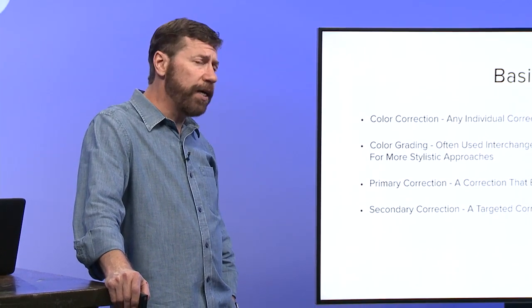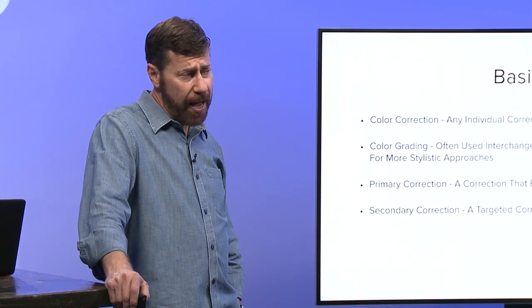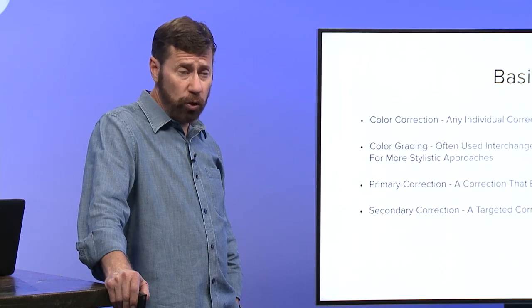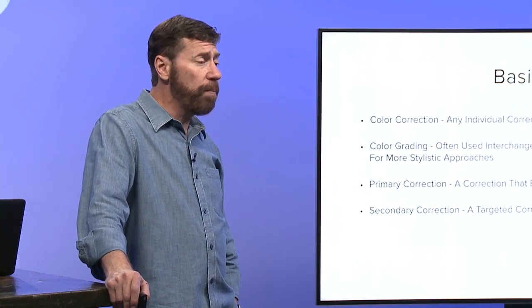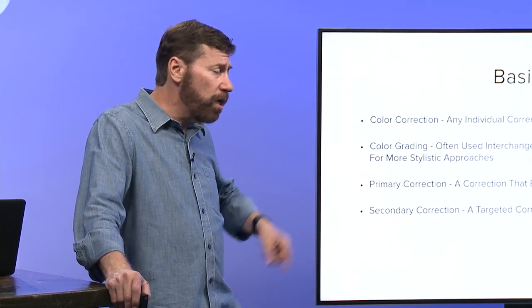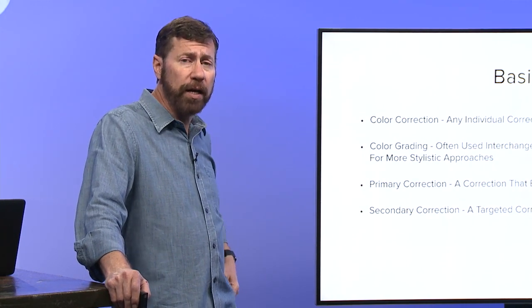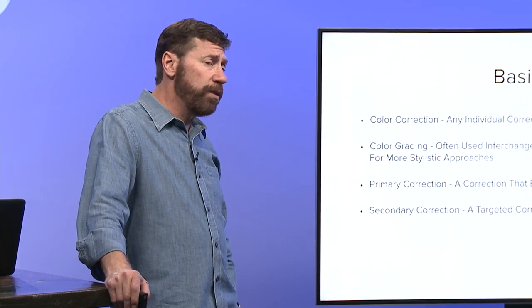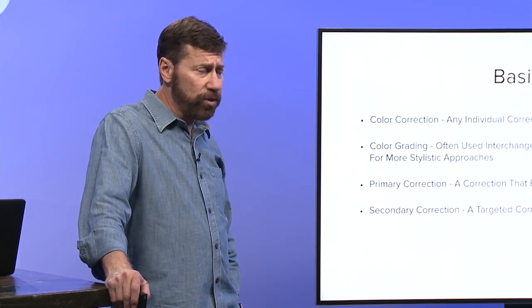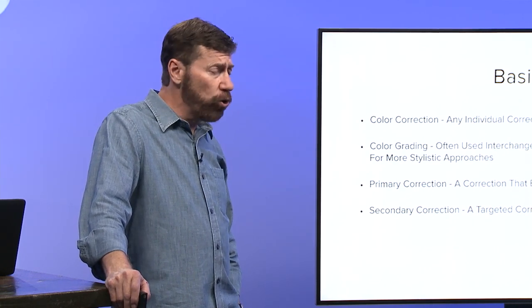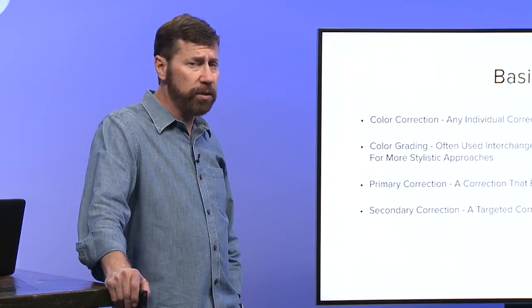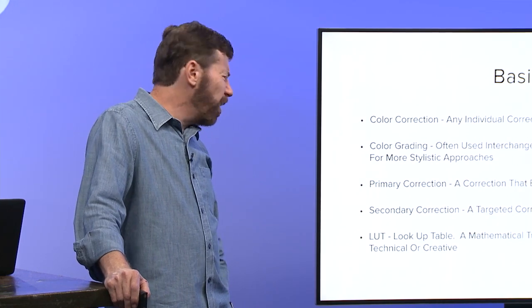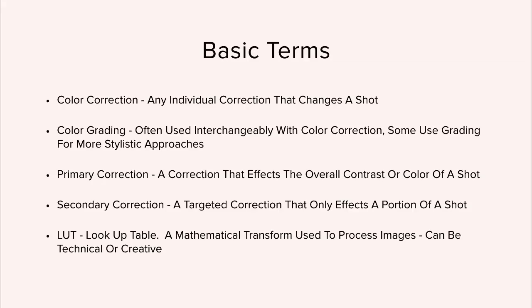So it allows you to isolate sections with a mask using luminance or color, or a mask using a shape, and just color correct a very small area of your scene. And you can stack color correctors on top of each other to work with different areas and different parts of your image. Another term you'll hear is something called a LUT, and this is bandied around a lot in the